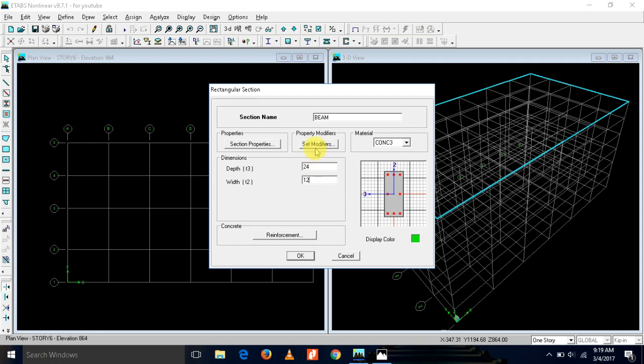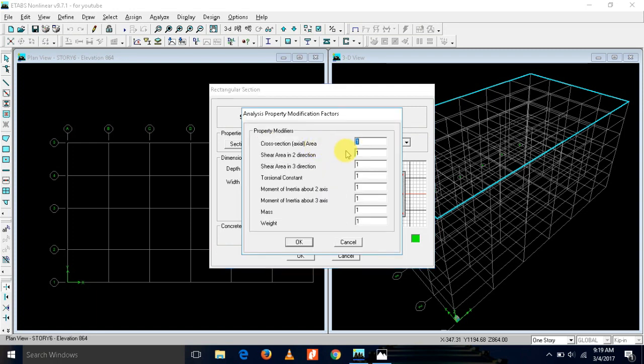Go to modifier, cross sectional area, shear, you have to get a torsional constant for beam. For beam we add 0.01, moments 0.35. Just click OK, and